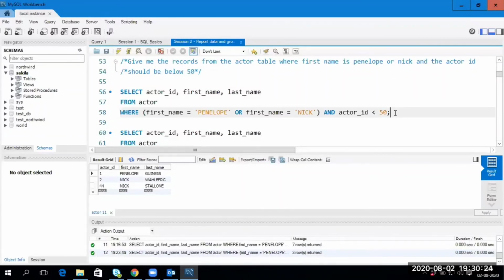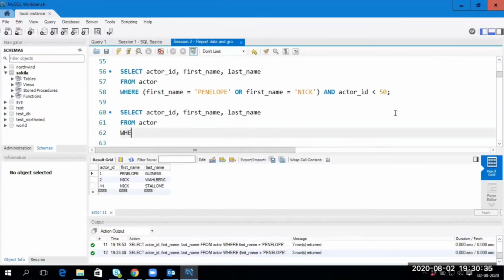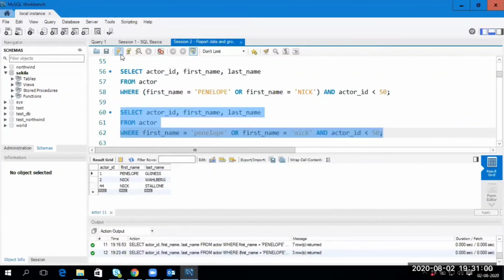For example, let me write this. Select actor ID, first name, last name from actor, where first name equal to Penelope or first name equal to Nick and actor ID less than 50. And if I run this, there will be 6 records, which is wrong